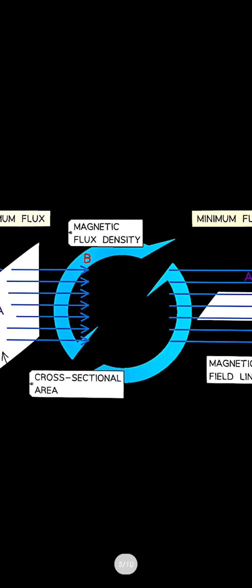Here you can see the maximum flux, or the magnetic flux, and what it depends on, since the number of magnetic lines of force will depend on the density of the magnetic field. So whatever the magnetic field is, the number of lines of force will also change. When we take a magnet of a high magnetic field, the number of lines of force will increase. So whenever we take a current carrying coil, the number of magnetic field lines passing through it increases, and then the flux will also increase.